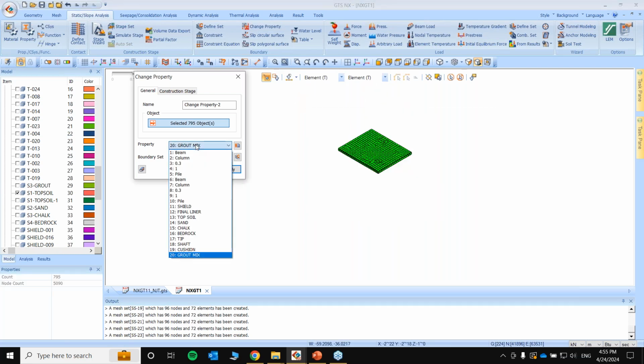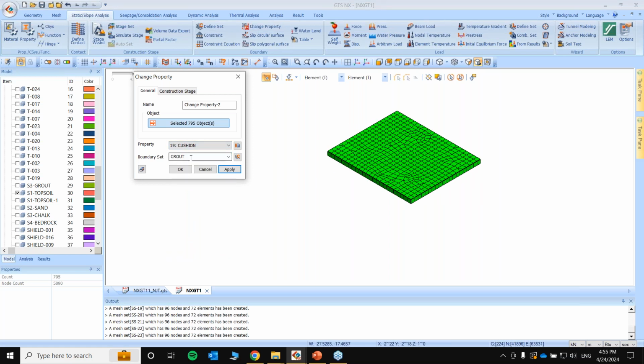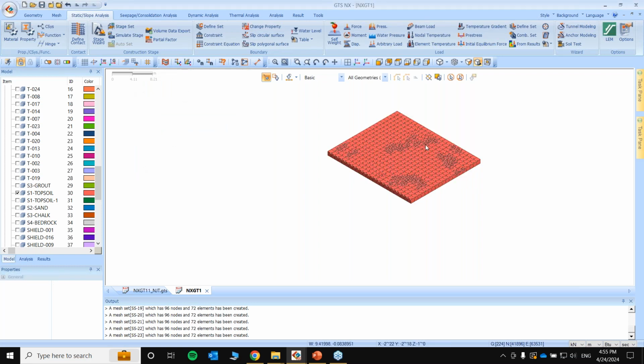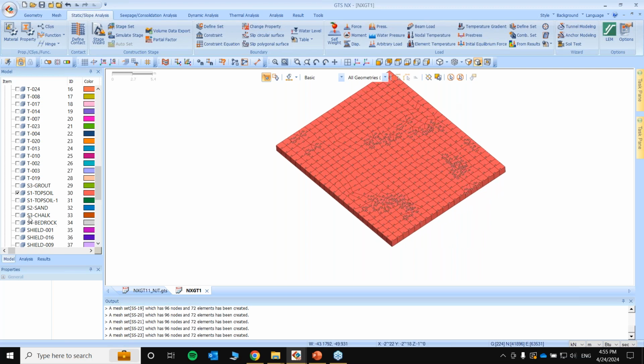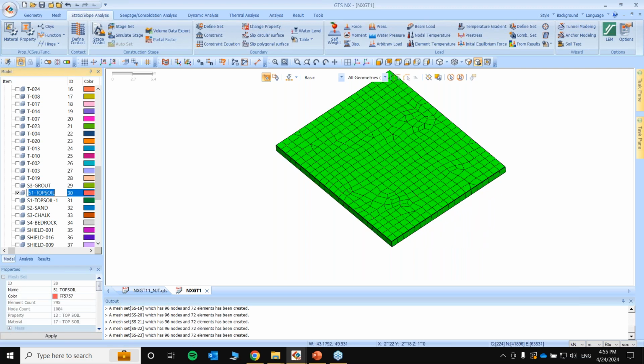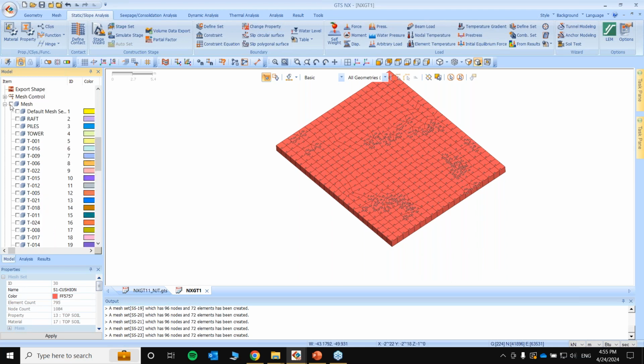I think I mistakenly named it as topsoil, but no problem, we'll just change the name. Activate cushion, boundary sheet name cushion, press OK. I'll change the name to F2S1 cushion. So this being complete,